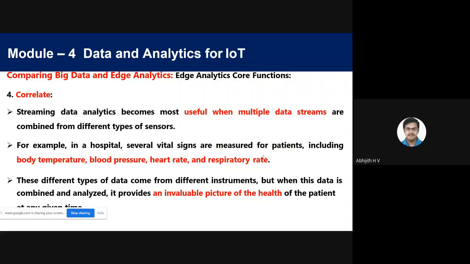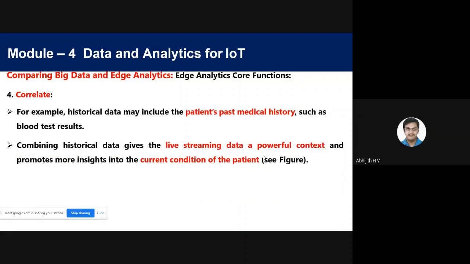This is one important aspect of correlation. The second important aspect of correlation is considering the historic data. Now the temperature in the manufacturing plant is around 200 degrees Fahrenheit. Earlier, what was the temperature? So the temperature is rising. So what do I need to do?